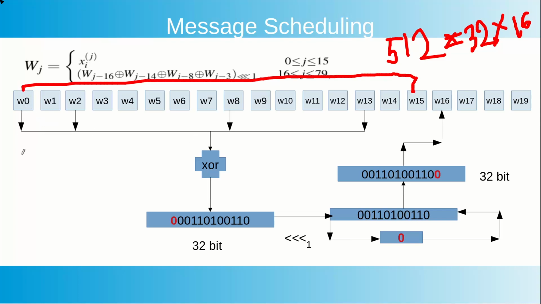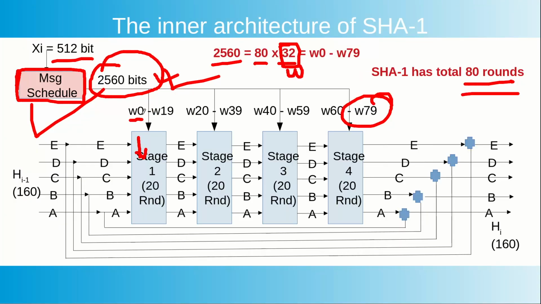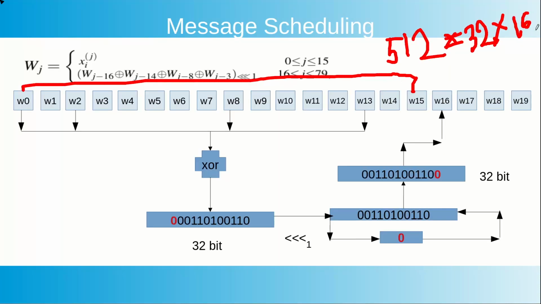So whenever it is a question of W0, it is directly the first 32 bits of the raw text. Whenever it is a question of W1, then it is the second 32 bits of the raw text. But that is not true for W19, because W19 is not there. 512 bits can go only up to 16 words, so as long as we are at W15, the raw text will be fed. So how am I supposed to generate W16?